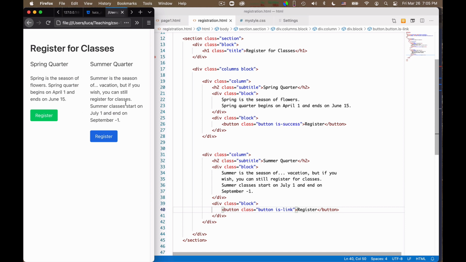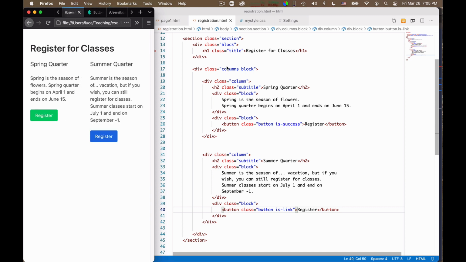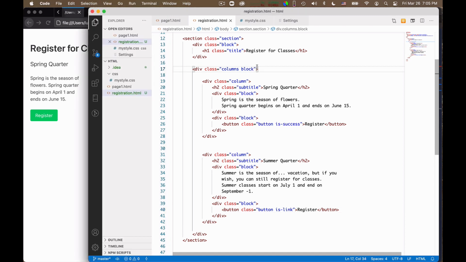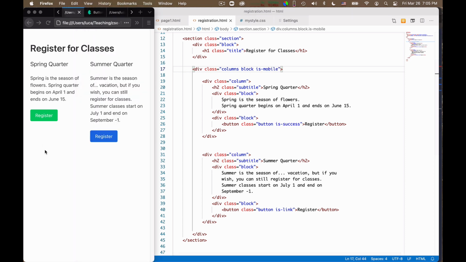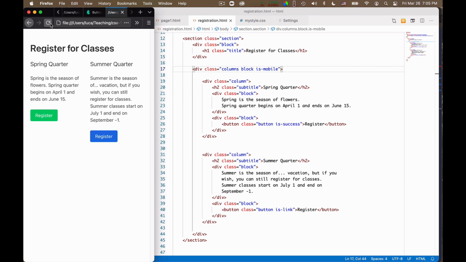So if this is your idea of rendering, rather than this one, you can obtain it by adding here columns block, and you say is mobile. This changes the threshold for putting the two columns one after the other. And so if you do this, if I reload, you get this, which is what we wanted, okay?